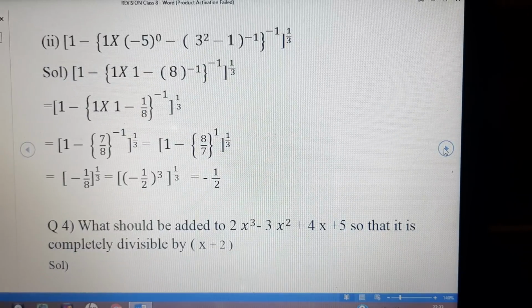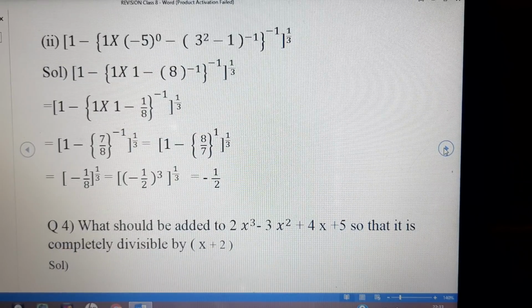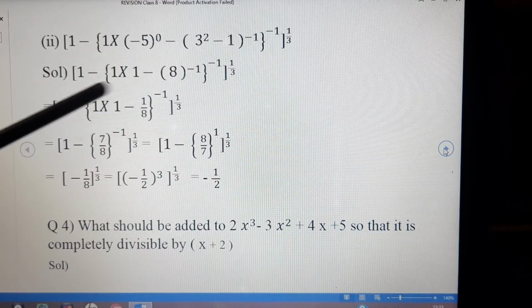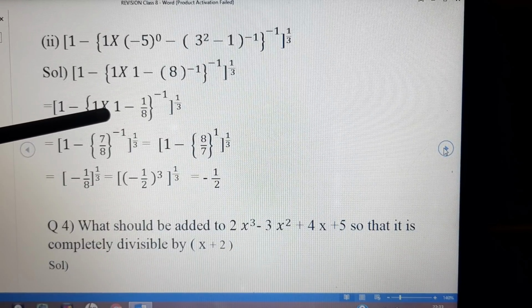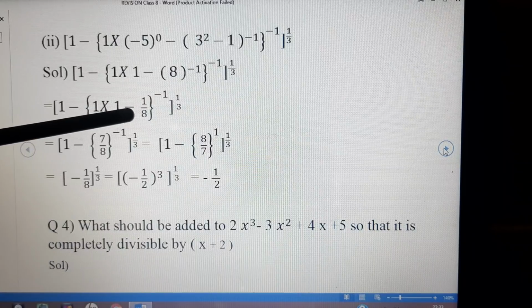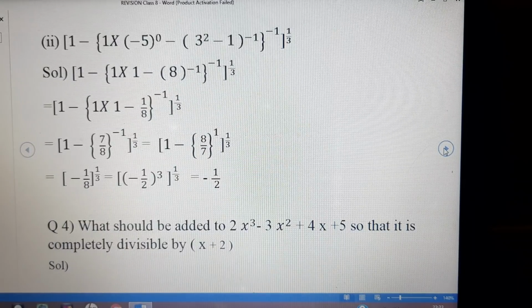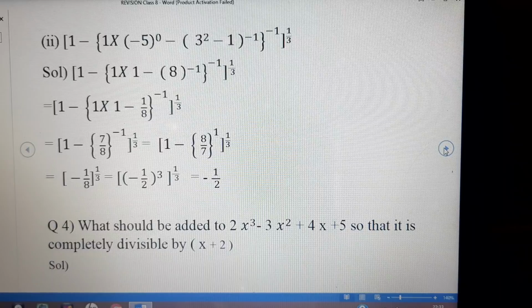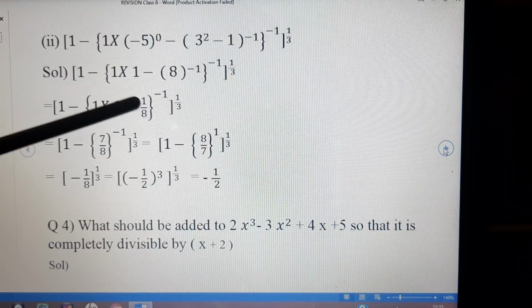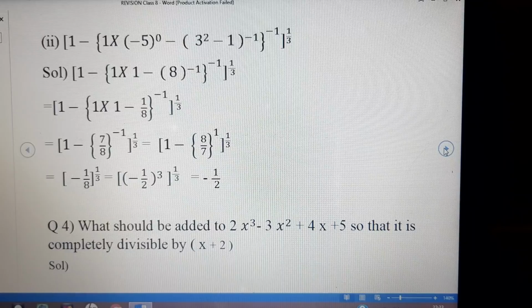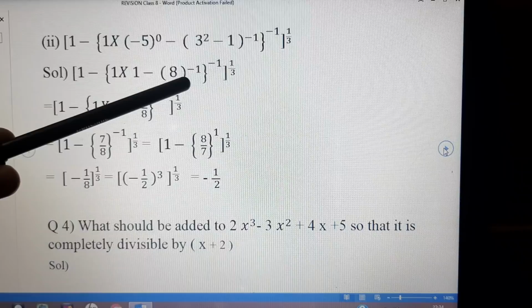Now we will look at the small bracket. So it is 9 minus 1, that means 8. 8 to the power minus 1. Rest everything is copied like that. 1 minus, this will be written as 1, but I have written 1 into 1. Minus 8 to the power minus 1. We have to write the reciprocal because we have a negative exponent. So if we write it as 1 upon 8, this to the power minus 1 will be removed. So it becomes the reciprocal of 8, that means 1 upon 8. And this small bracket will be removed.